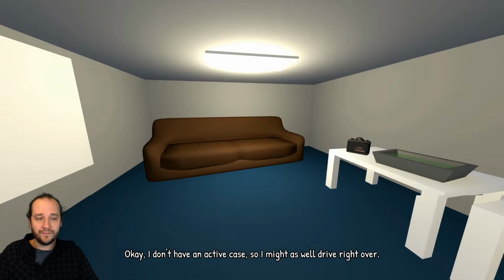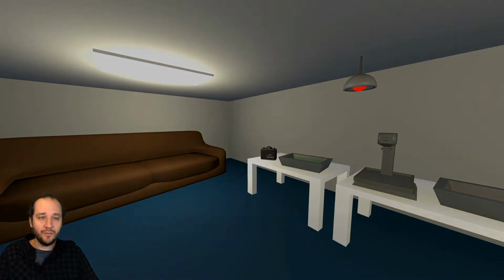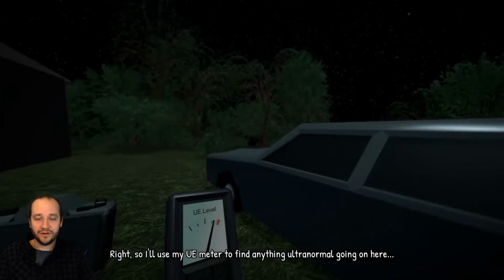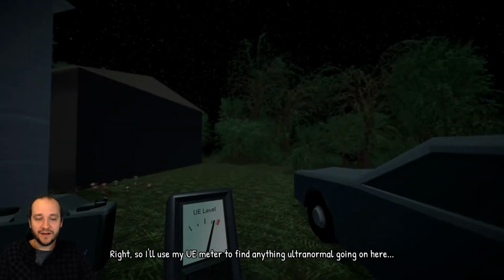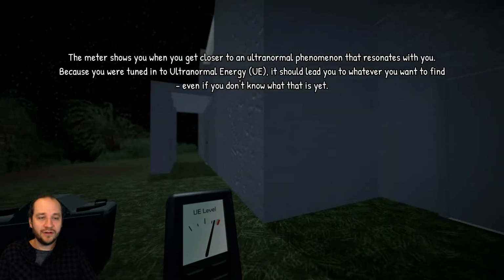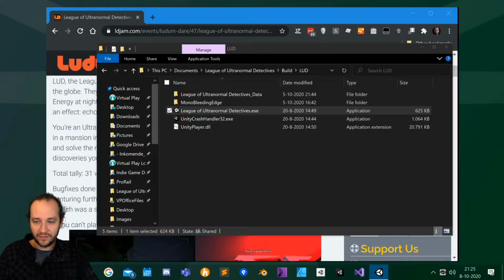Okay, I don't have an active case, so I might as well drive right over. So this is Ludum Dare Compo, which means that you have to make everything from scratch yourself. I'll use my UV meter to find anything ultra normal going on here. So that means I did the models, the trees, the scene, the...